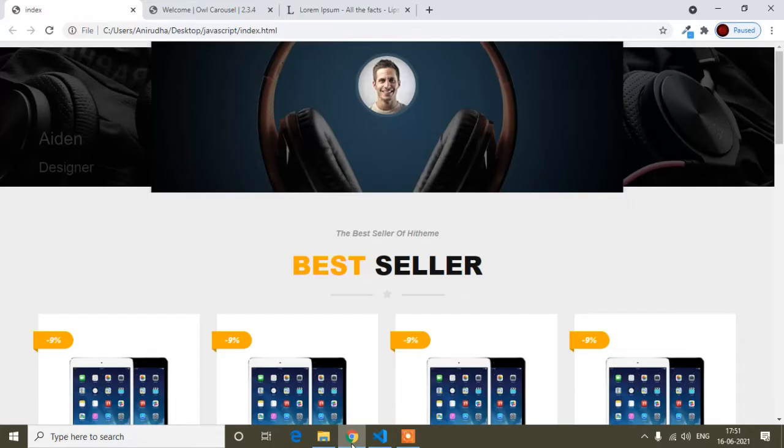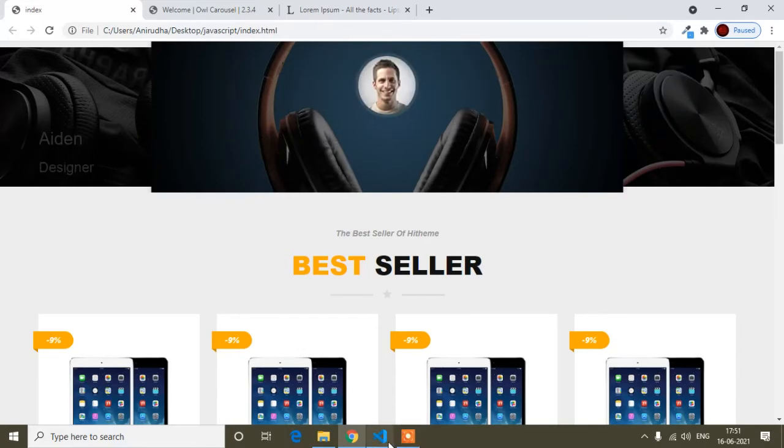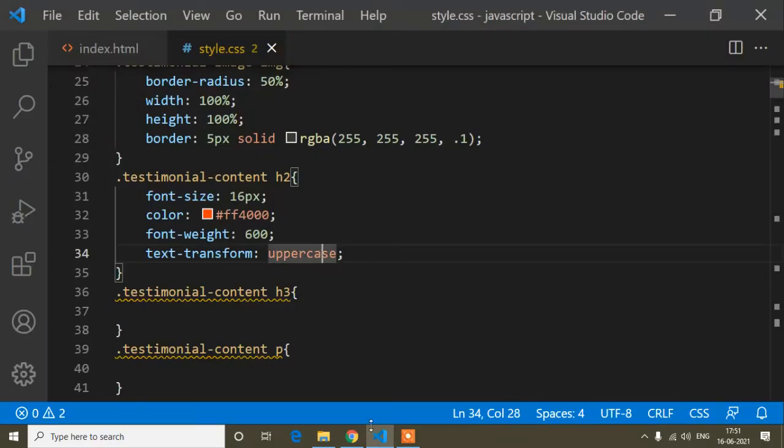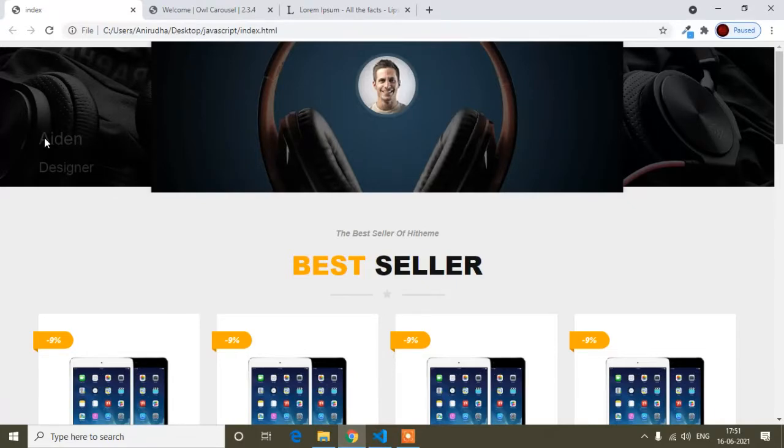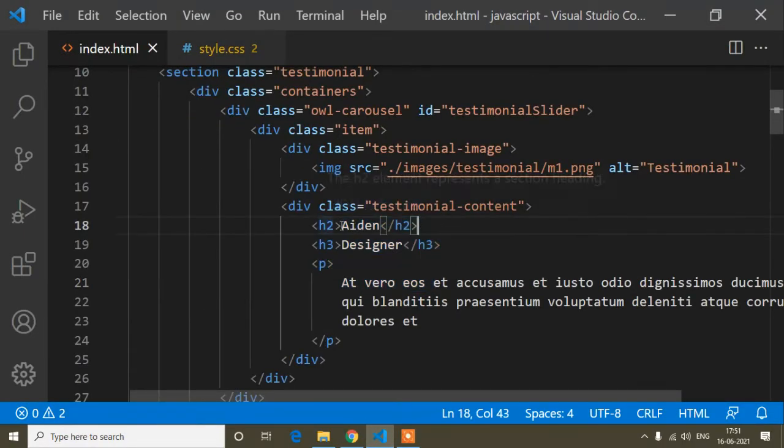Uppercase means, guys, here if I show, I think it's not visible actually. So first of all I have set the font color up to here. Now I will show you in the HTML file, that will be easy. You can see the first letter I have written is capital, and after that everything is small, so that's called capitalized text. But if I write uppercase, that means all the letters will be capital.